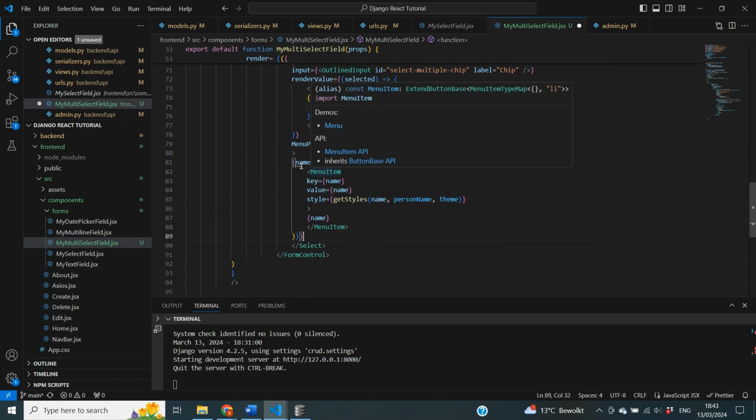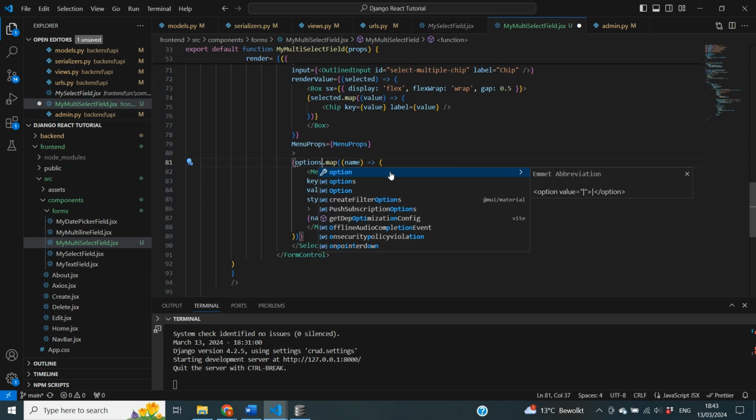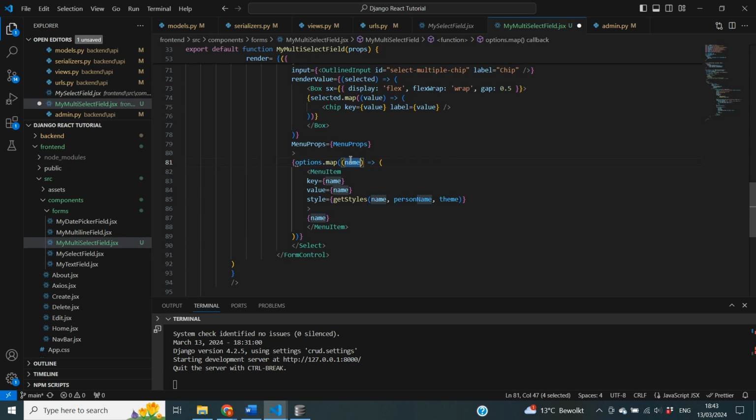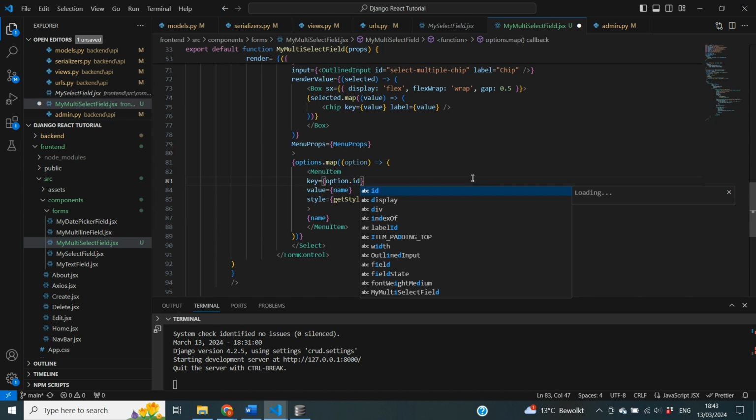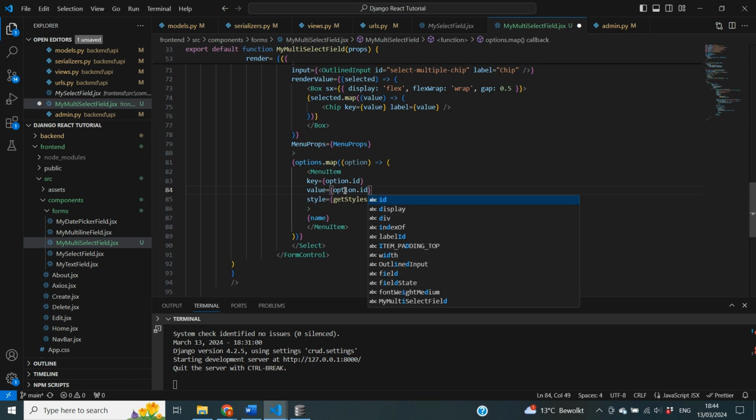So if we scroll down, we can simply say here that we want to have options.map, and then we're going to call every item in there equal to option. Important here is that we need to set the key and the value, and then also pass it in as the style. What I actually want is I want the key to be the option.id, and I want the value also to be the option.id. But in the styling, so in the actual chips that we're going to present on the screen, I would like to see the name. So in there, we will do